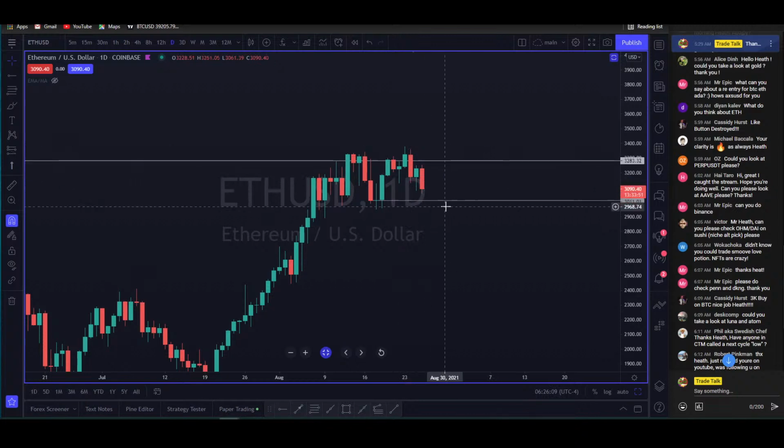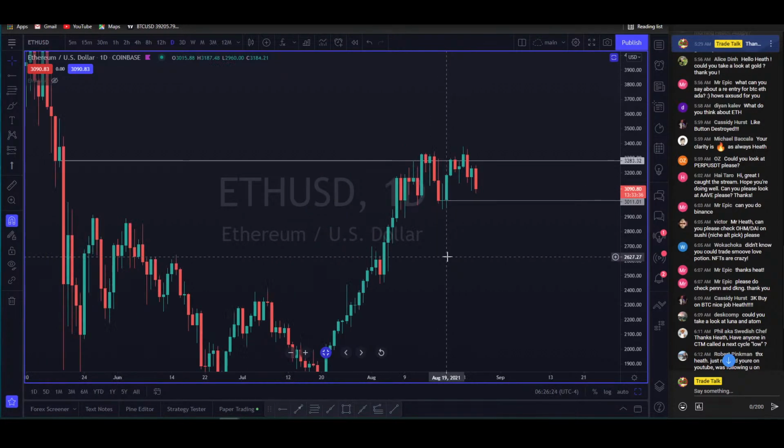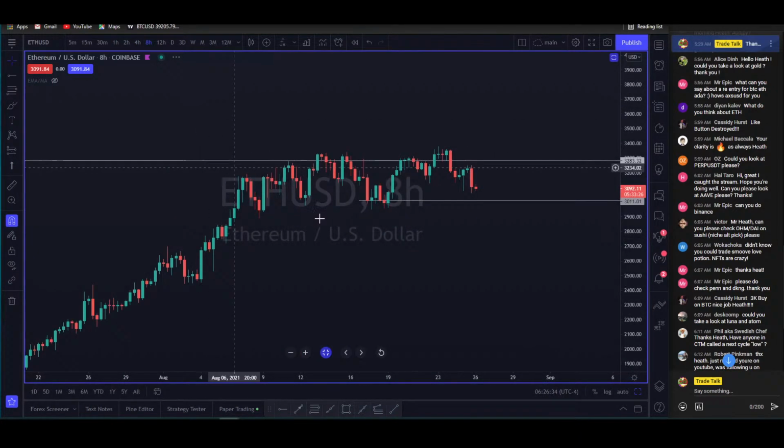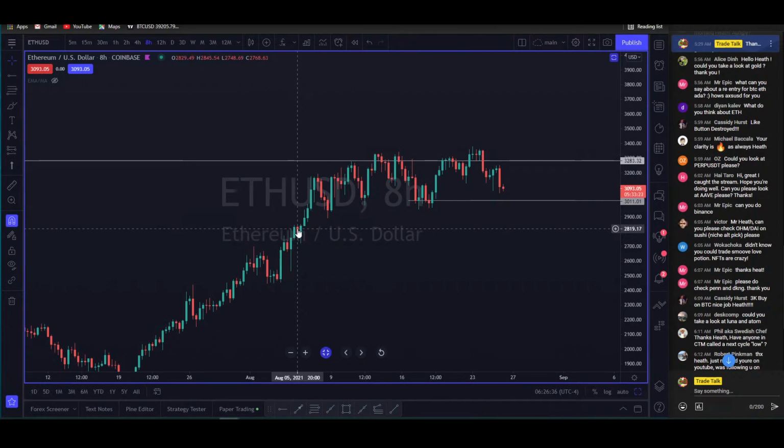If you're looking for longs on it and you want to take one down there at $33,000, get your stop under those wicks, that's up to you. You know what I mean? That's support. If you get a daily closure below that, you can look for a test of 2610. Actually, I don't know if it would go straight down to 2610, because there's going to be so many candles in that on the 8-hour or 4-hour time frame. So next level support, I would look for 2822. If you break this, if you take out this swing low, that's what the target would be.